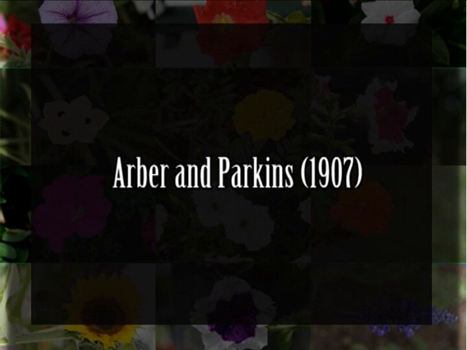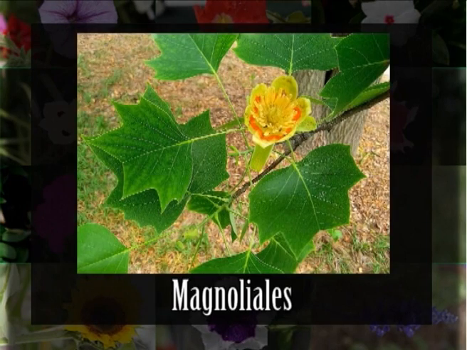The Unifying theory was proposed by Arber and Parkin in 1907. According to this theory, the angiosperm flower is interpreted as being derived from an unbranched bisexual strobilus bearing spirally arranged ovules and pollen organs, similar to the hermaphrodite reproductive structures of some extinct Bennettitalean gymnosperms. The carpel is thus regarded as a modified megasporophyll. The bisexual flower of Magnoliales has been considered to have evolved from such a structure.